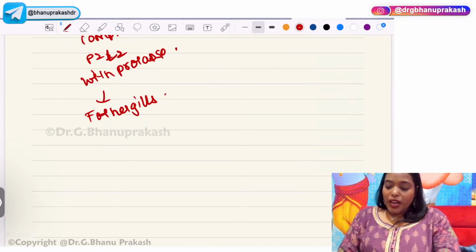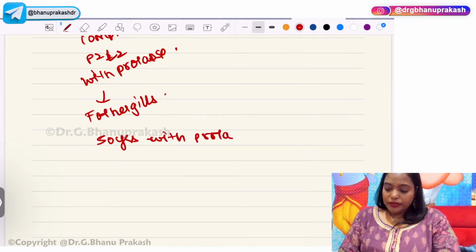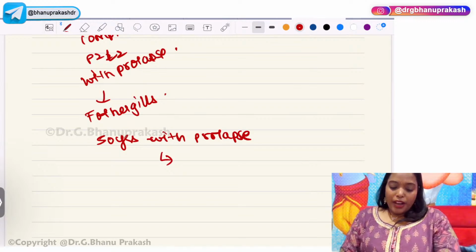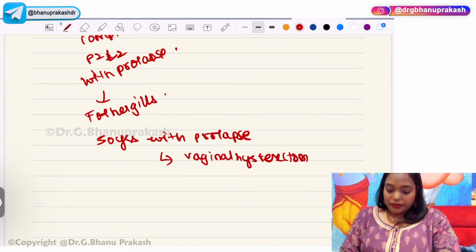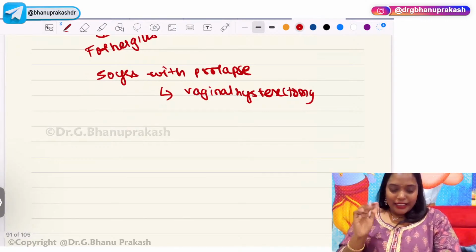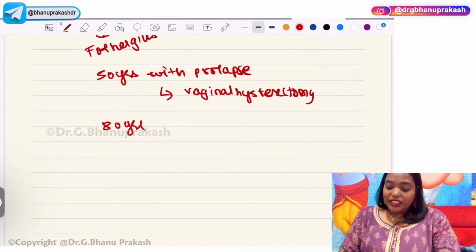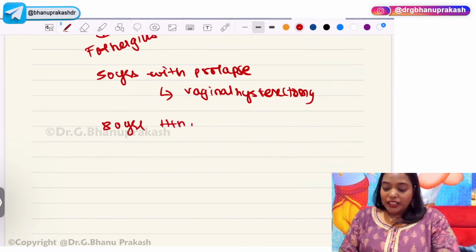Now, if you have 50 years with prolapse, we'll go for vaginal hysterectomy. Correct. Excellent. If you have 80 years with hypertension, with diabetes mellitus, with prolapse, almost near the deathbed, then what